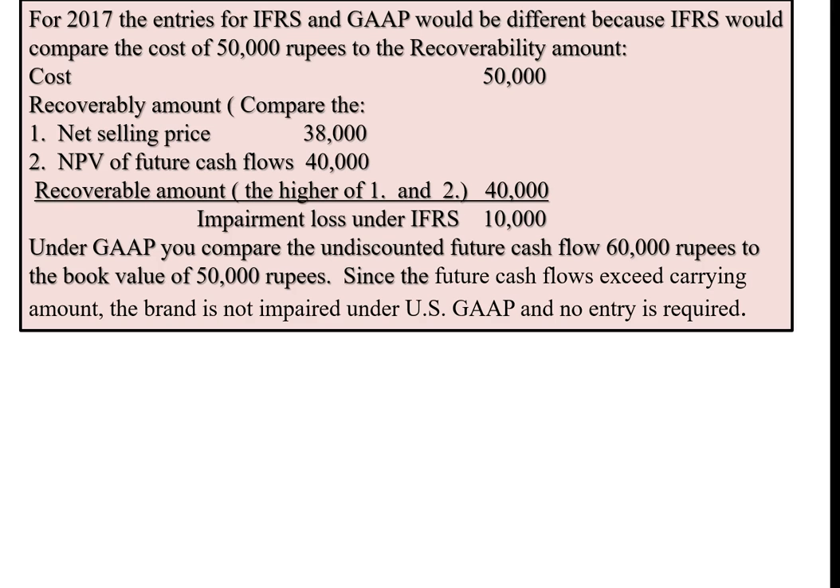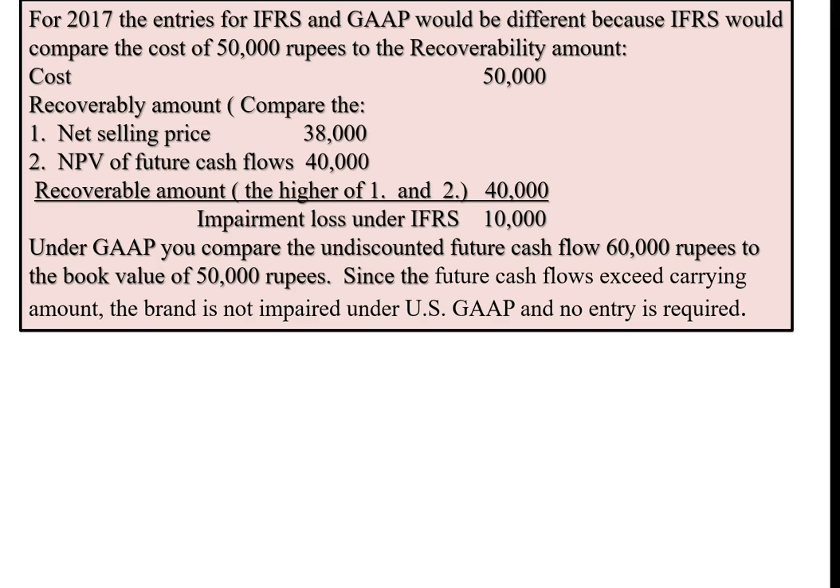All right, for 2017, the entries for the international standard and GAAP would be different because the rules are different. So the first thing we've got to do under the international standard is determine, do we have an impairment loss? So we're going to take the cost and compare it against what we consider the recoverable amount, which is the higher of the net selling price and the net present value of the future cash flows. So in this case, 40,000 subtracted from the cost means we have an impairment loss of 10,000